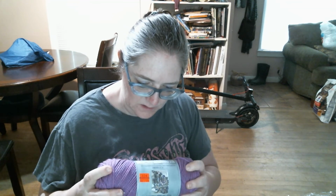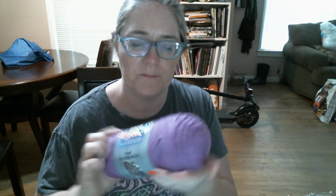And then with this one, how many are in here? There's 2, 4, 6, 8, 9. She had 9 skeins of this one. This is also I Love This Yarn print, and this one's called Bright Violet. So let me show you the outside of it. I Love This Yarn print, Bright Violet, and it's not...